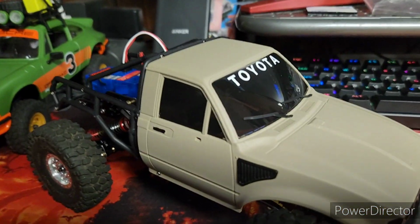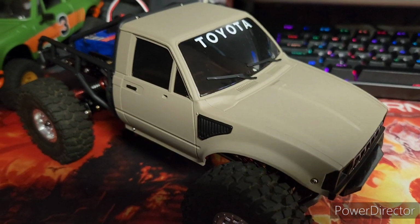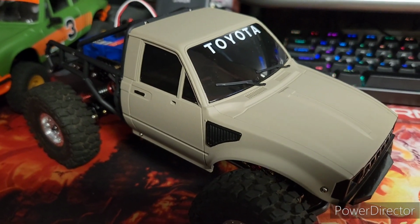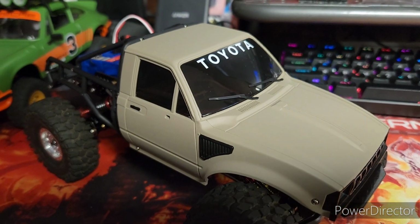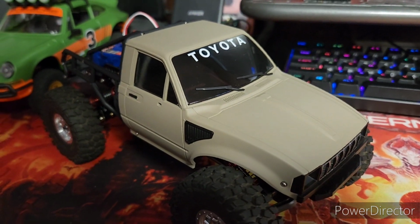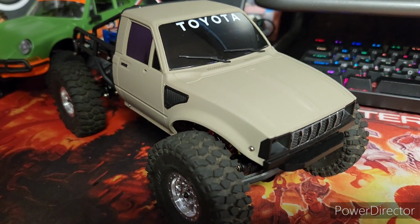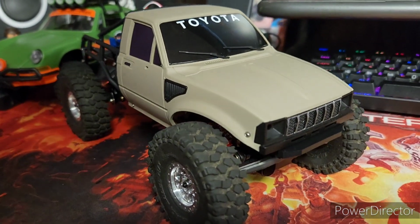It's Rust-Oleum, part of their military set that you can get. It's like a whole box set with olive drab green, desert tan, and a brown. It's a pretty good set for pretty good money. I think it's still around, I think you could still get it, but I've had that set for a while, and I just used it